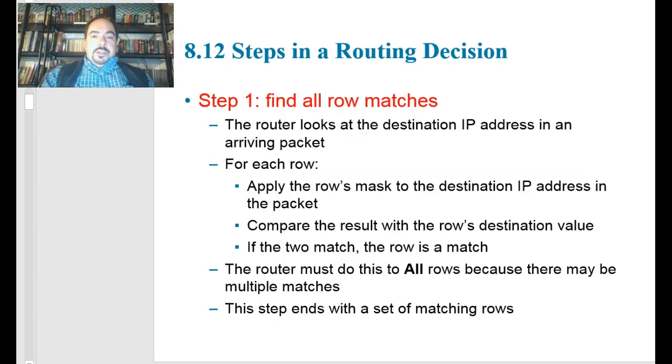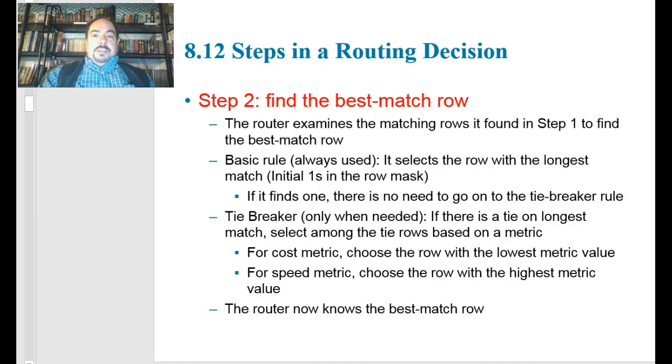Those 3 steps. If we dive into the first step of find all rows, there's some more verbiage that tells you what the router's doing. So you might have multiple matching rows at the end of this process. And then step 2, finding the best match row,